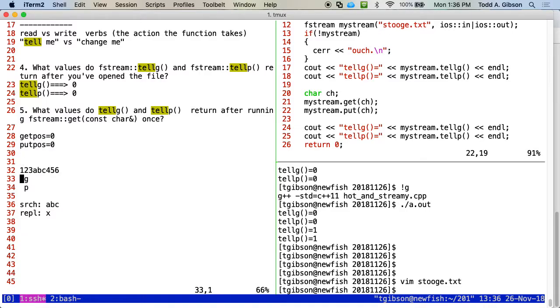When I open the file, I do a seek, so again, the order is seek, one of those letters, the get or the put.